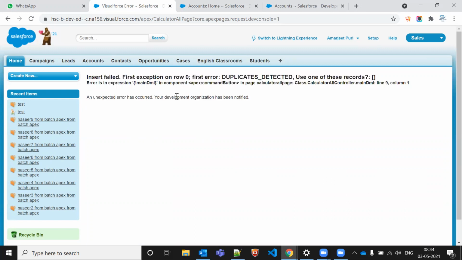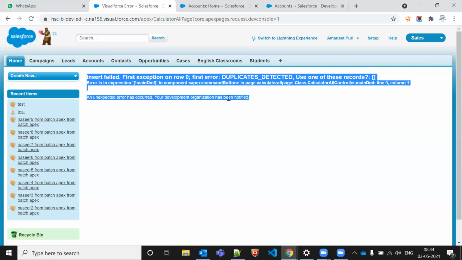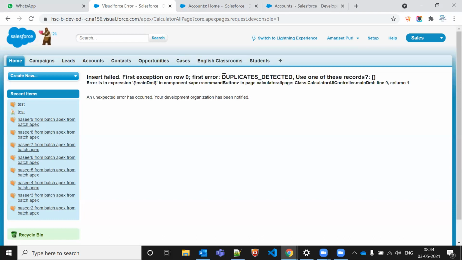Then how can we avoid this exception message? It should work like this: if there is some exception, it will throw a custom error message, not the exception error message. It will throw an error message like this: please check your code whether it is correct or not, or else we can say the server is down, please try again later. Something like this we can say.